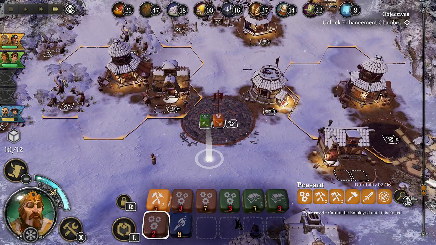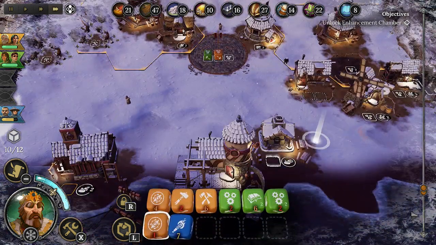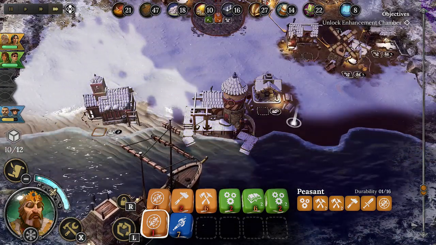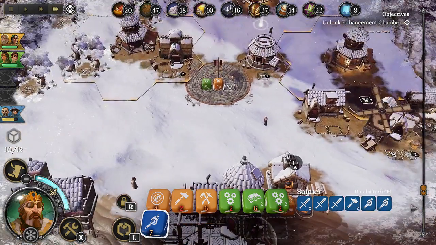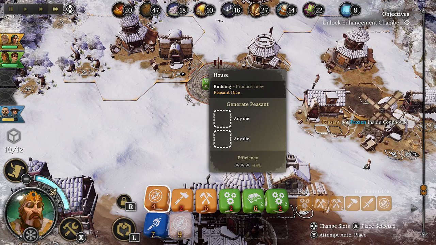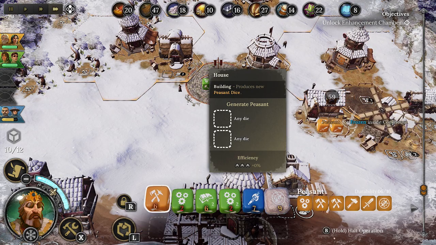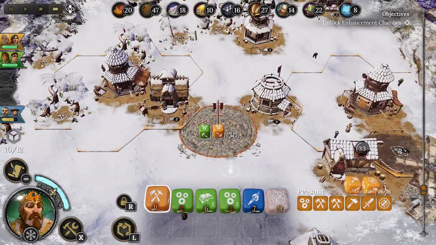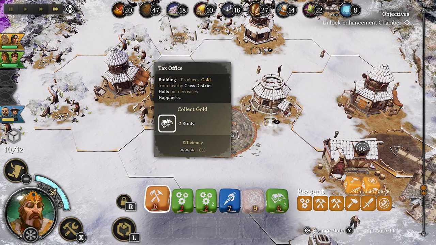They're still not very happy, so I'm still gonna let's make sure he doesn't. Did we build another peasant? I can't remember. Place that. Let's place that. Oh no, I don't want to do that. Let's